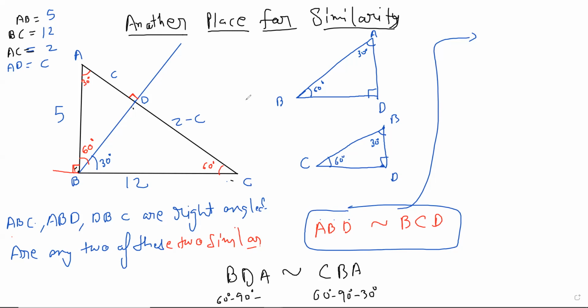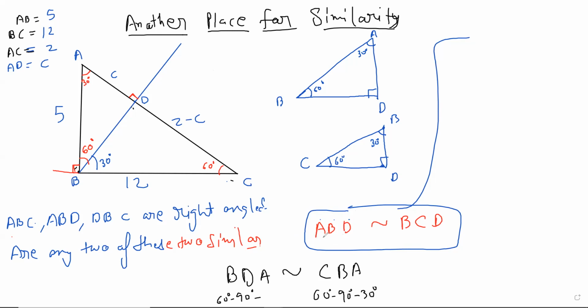The question, what do you want me to repeat? So AB is 5, BC is 12. We want to find this AC. That's the question. And what is the strategy? The strategy is to use these similar triangles. Let me just give you one hint, maybe then it will become more clear where we are going with it.